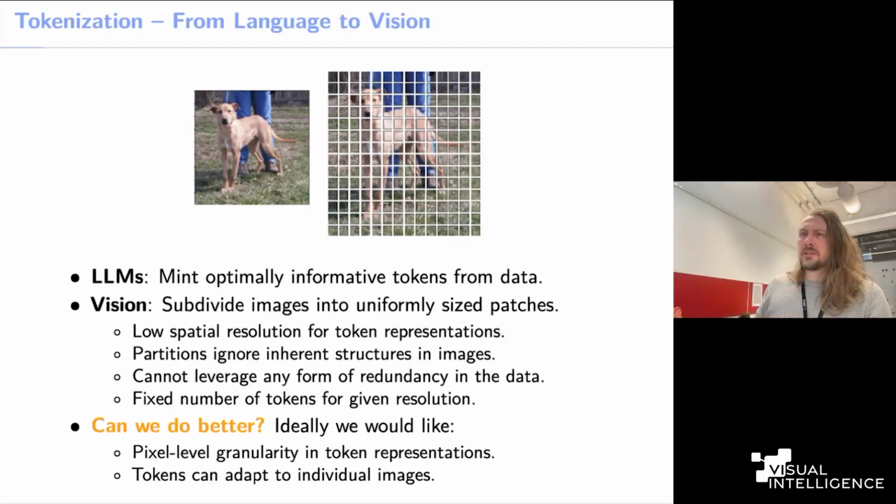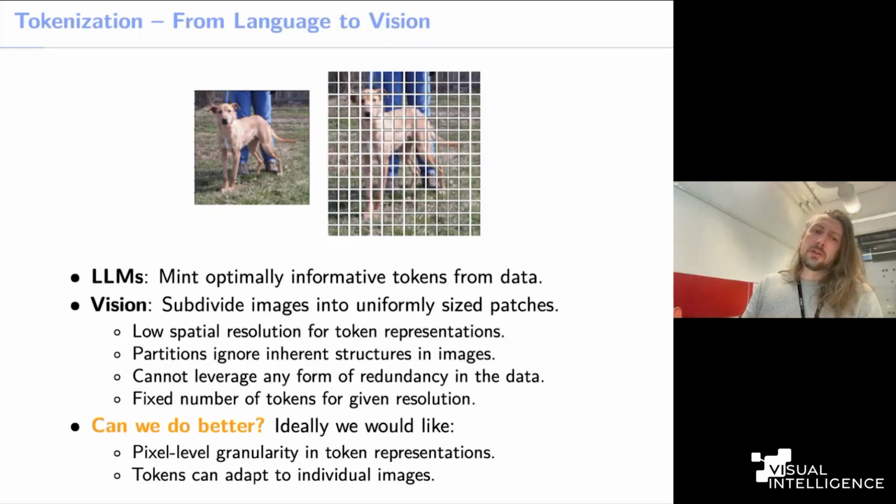And this process was inherited from the transformers for language in vision transformers. Here the solution in the vision transformer paper was to subdivide images into uniformly sized patches. This has a lot of benefits, but it also has some